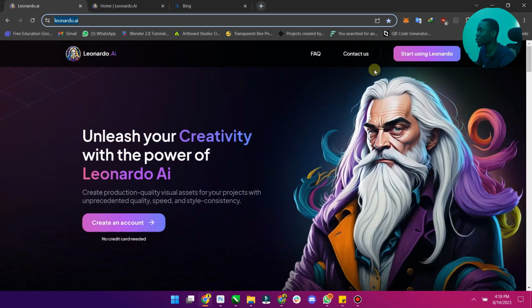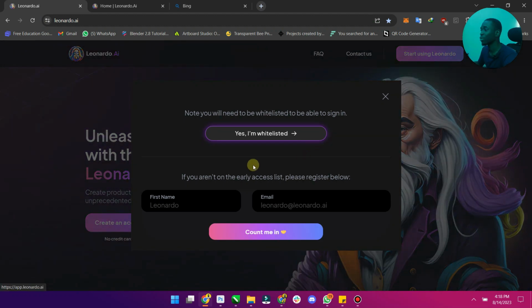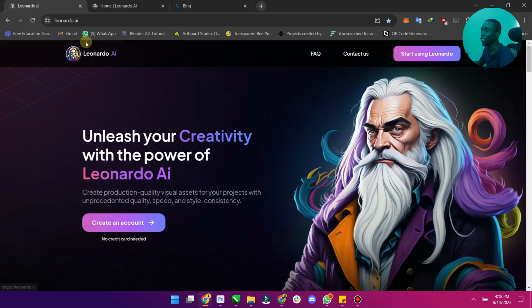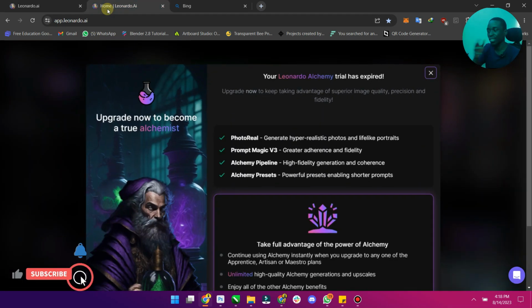So first of all, what you want to do is click on start using Leonardo. Now it's going to come up here, and you're going to type in your name, put in your email, and click on count me in. After about 10 to 15 minutes, you will be sent an email that you've been whitelisted. And when you get whitelisted, that means you have access to the page. So when you get access, you will then come to